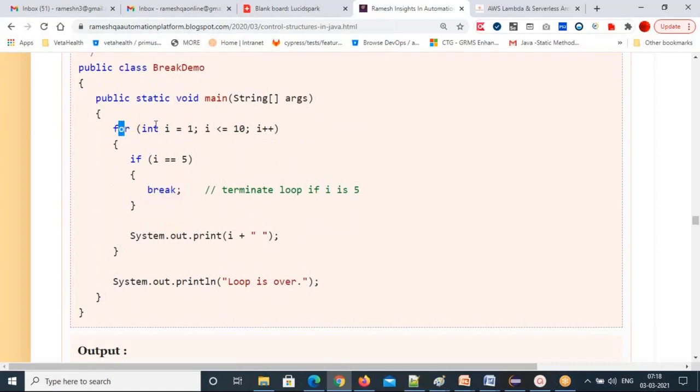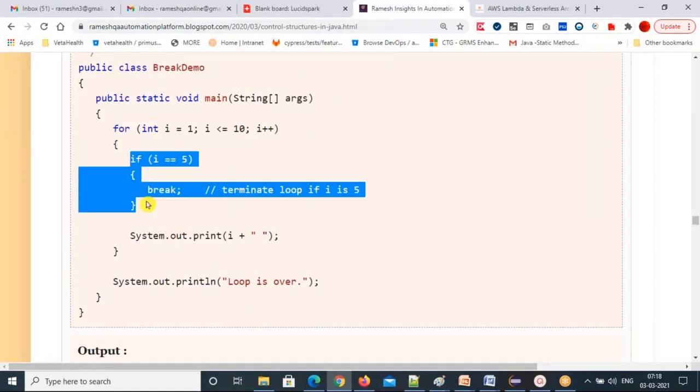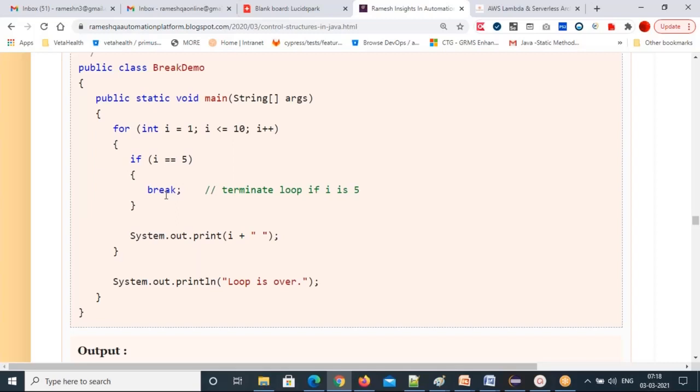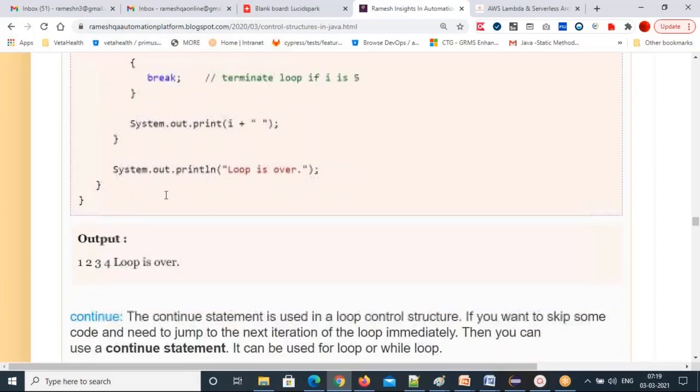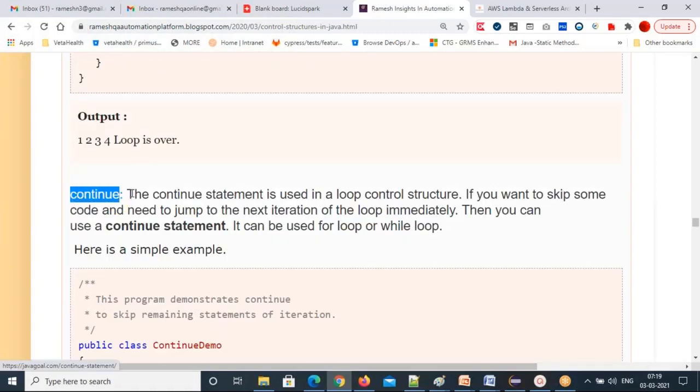Inside the for loop, inside the if condition, you can use the break statement wherever you want. The purpose of the break statement is that once the condition is satisfied, the entire loop will be terminated. We have even used it in the switch case. There also, once the switch case condition is true, we execute the statements, then we write a break. Break will terminate the entire switch block. That's the concept.